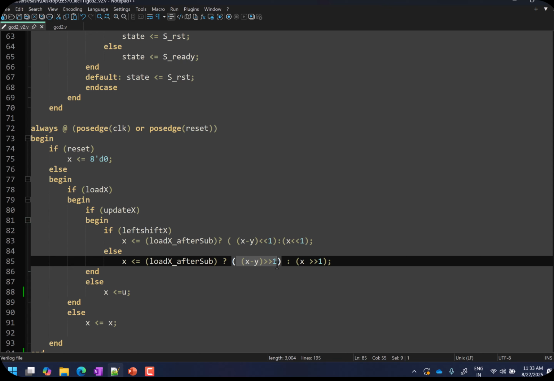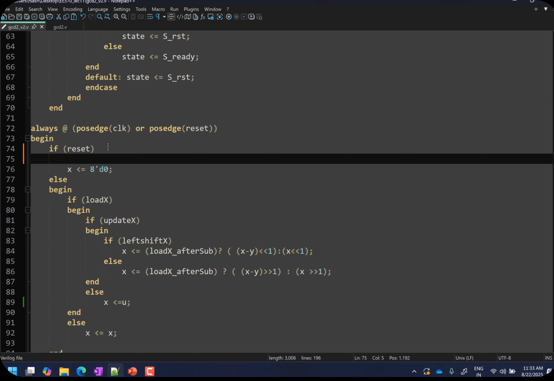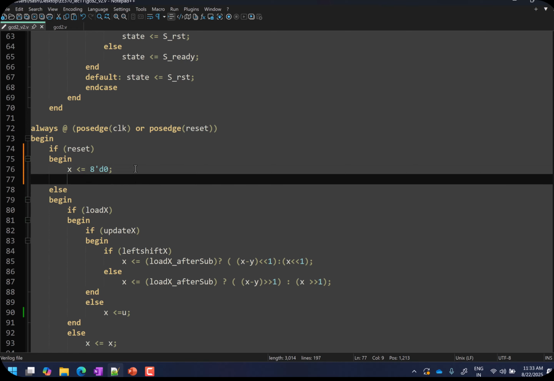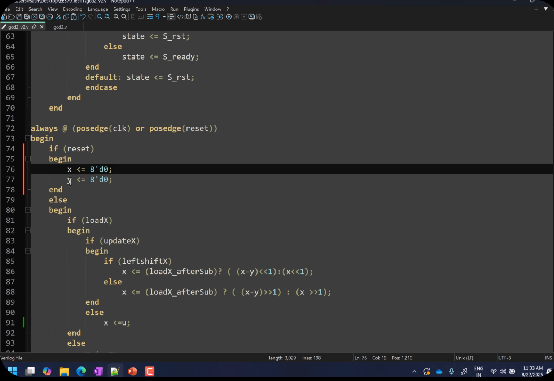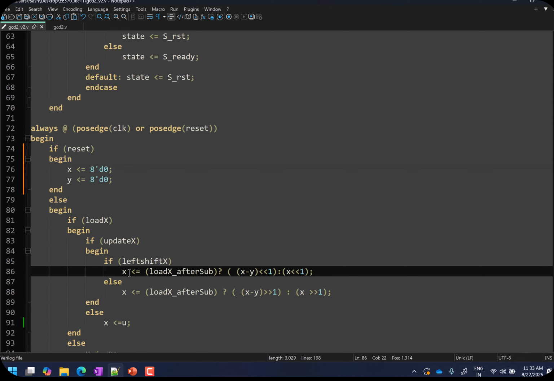That's all. Right? Now, can you comment on whether I should have put both x and y in the same always block? Is the question clear? So instead of just saying if reset x equal to 8'd0, I could have also written it as begin, let's say y is equal to 8'd0, end. Should I have done this? The moment I start assigning a value to y in this always block, all the assignments to y should happen within the same always block. So everywhere I would have conditions for x and y, right? Should I have done that, or is this better?